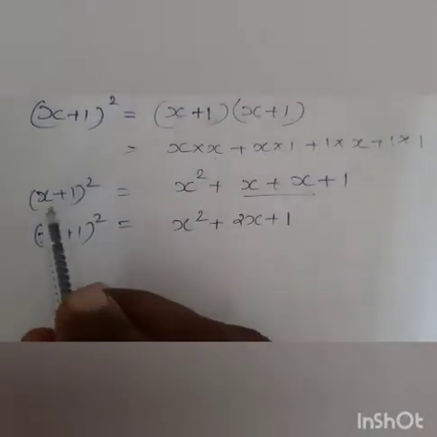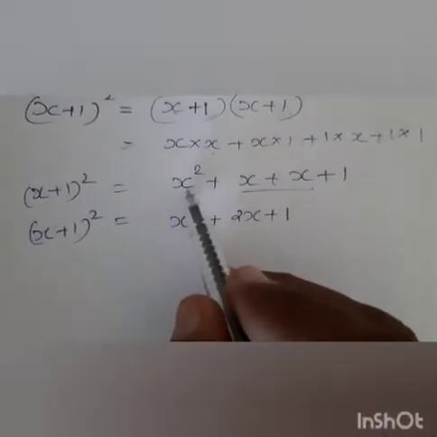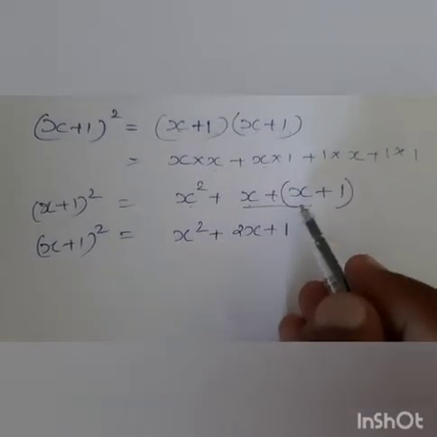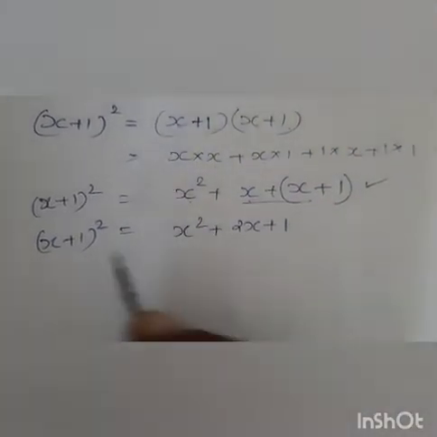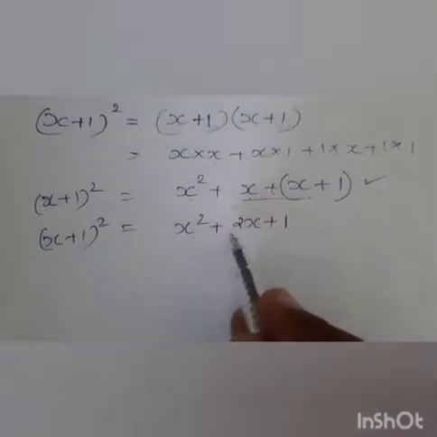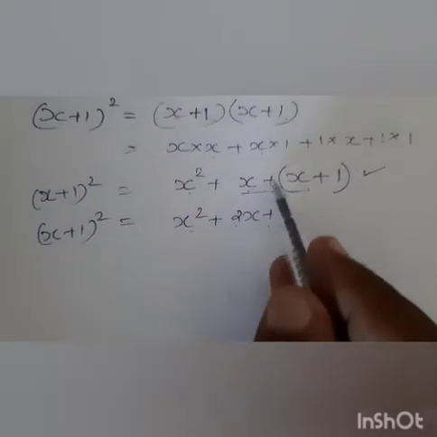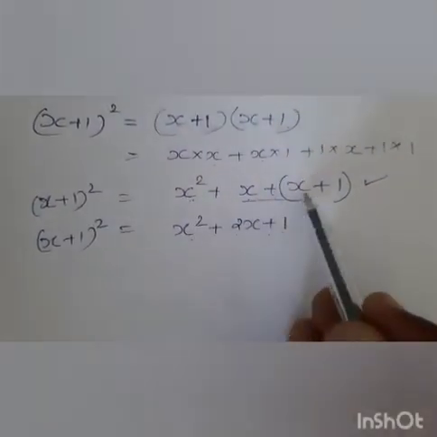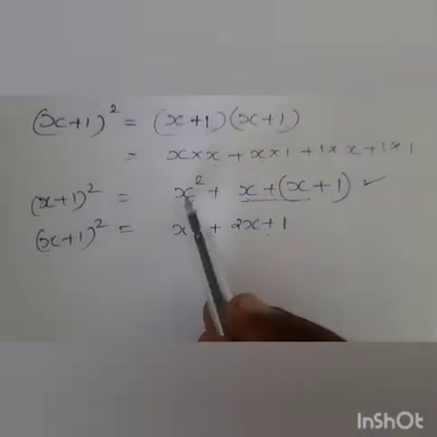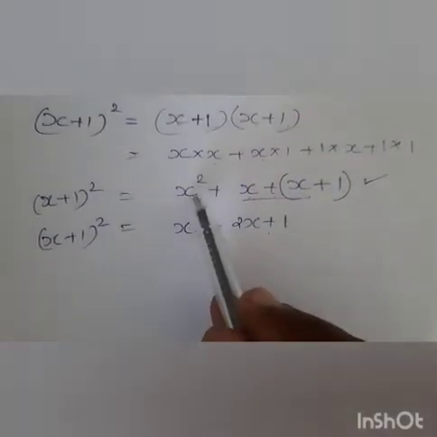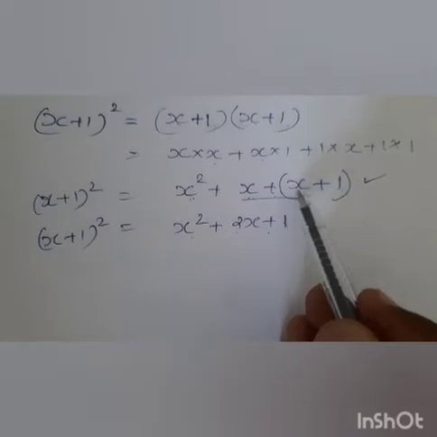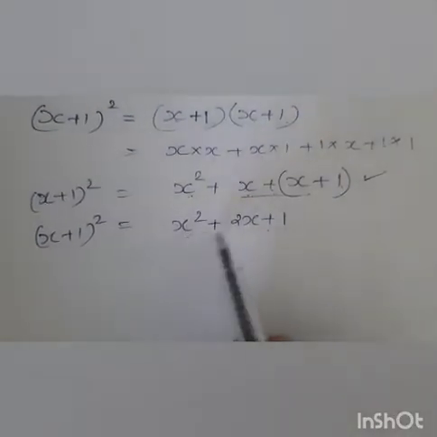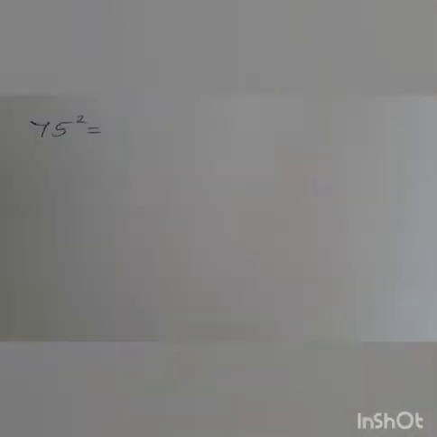So two ways we can write (x plus 1) whole square. As x square plus x plus 1, that is the first pattern, okay, that is this method. Then another method: (x plus 1) whole square is x square plus 2x plus 1. Any of the two methods we can use. (x plus 1) whole square is x square plus x plus 1, if we are taking the number as x, the same number and the next number. So x plus 1 is the next number. Or we can write x square plus 2x plus 1.